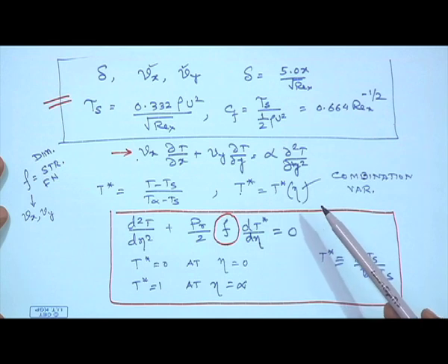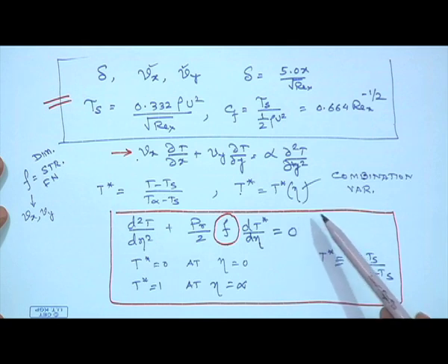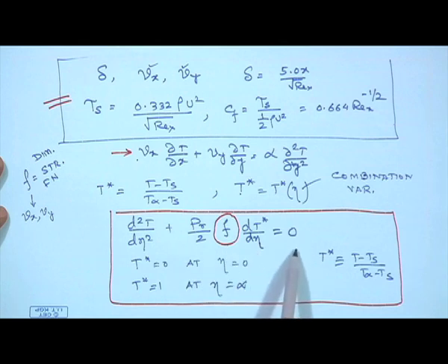momentum equation. So, the momentum equation inside the boundary layer must be solved a priori before you even attempt to solve this. Now, these are the conditions: T star is 0 on the plate and T star is equal to 1 when eta tends to infinity. So, this is essentially y equal to 0 and y equal to infinity. At y equal to 0, T is equal to Ts, therefore T star is 0. At y equal to infinity, T is essentially T infinity, so T star becomes equal to 1.